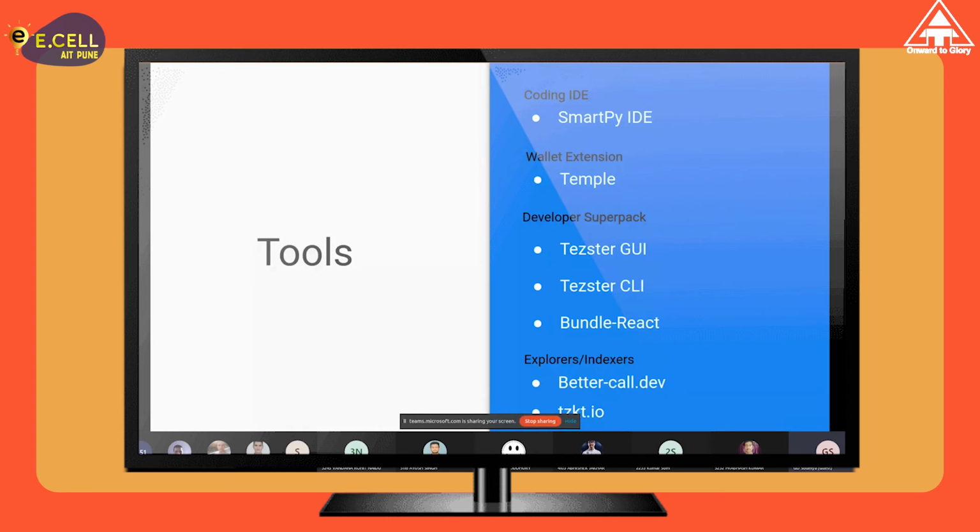We also have bundled React, which is a packed web React application having all the commonly required npm packages ready for you, so you can just start off building a front end and connect it to the blockchain immediately. We also have the explorers and indexers.